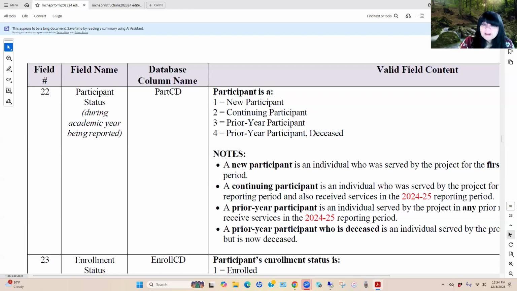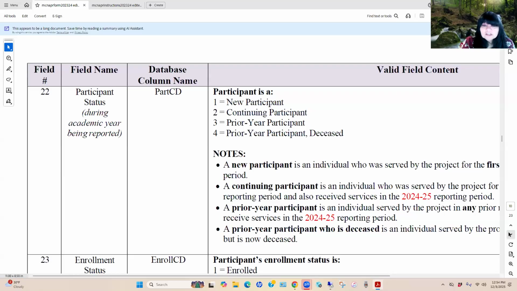They were first served by your project in the 24-25 reporting period. A continuing participant is a participant that was served in your prior annual performance report, so in the 23-24, and again now in the 24-25.